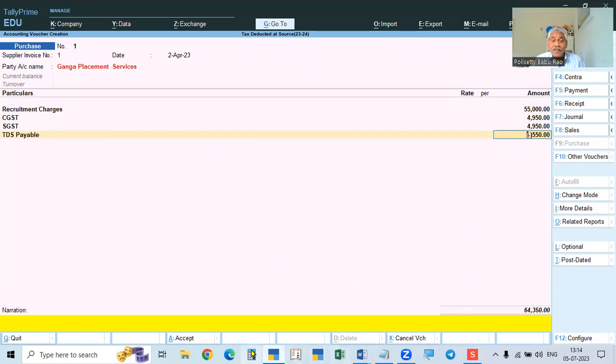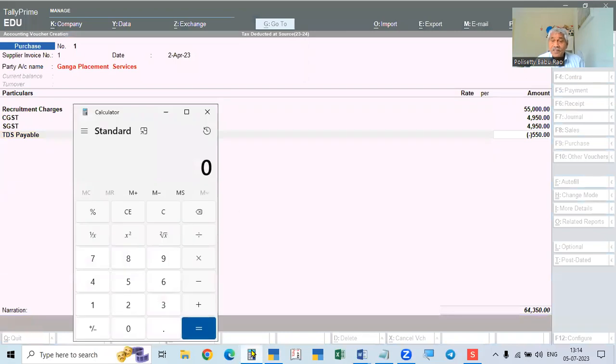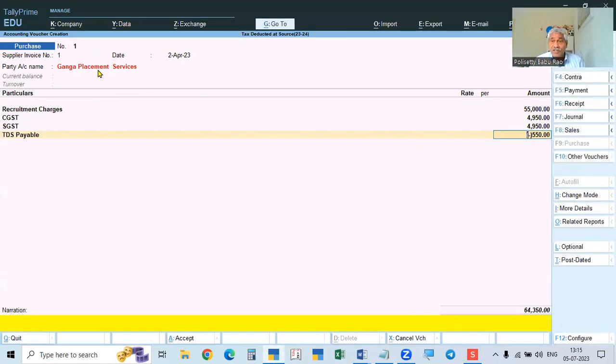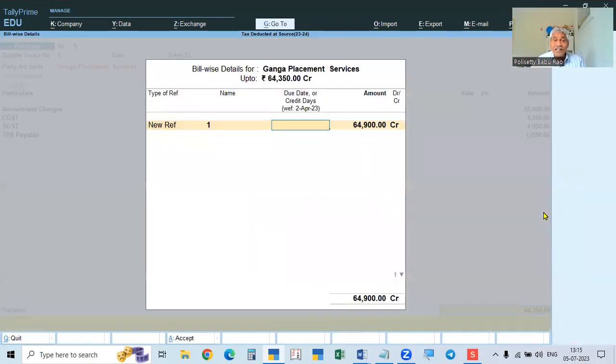See, on 55,000 we have to deduct only 1%. So 55,000 into 1% will be 550 rupees. So for an individual or HUF, it is 1%. So it is correct. So in the case of actual here, and when you are accepting this,